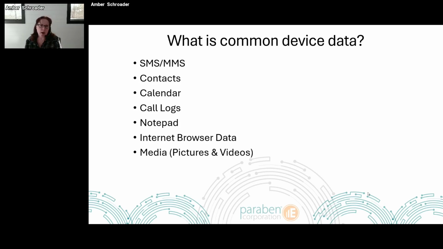Did my tool operate and collect enough, so that I have at least that reasonable expectation of data? Some of that information might include our SMS or MMS information, our contacts, calendar, call logs, notebooks, internet browsers, and different media pieces associated with it. This is our default reasonable expectation of data.